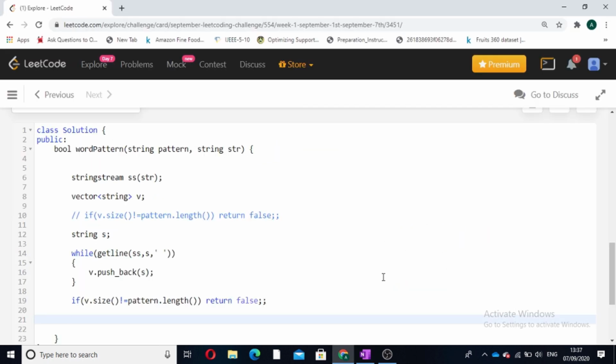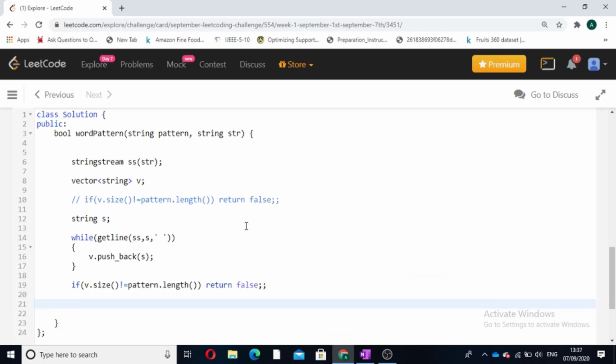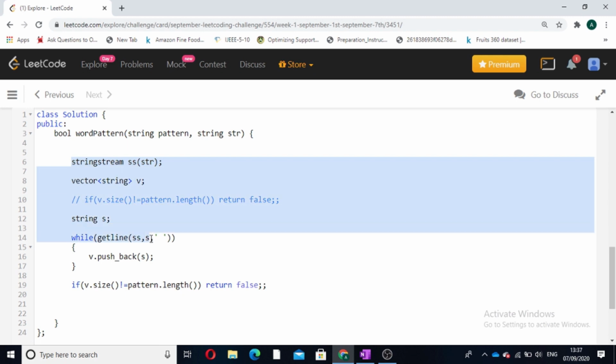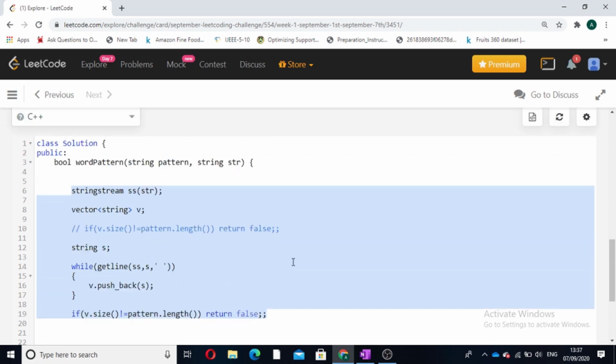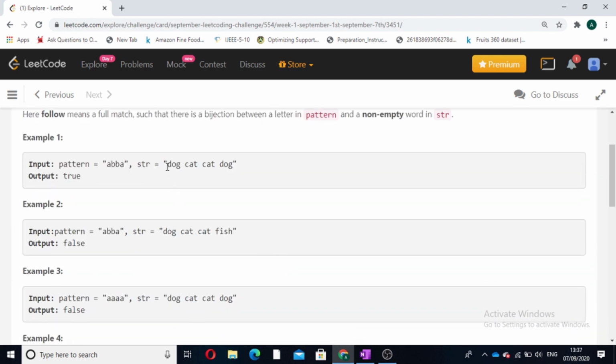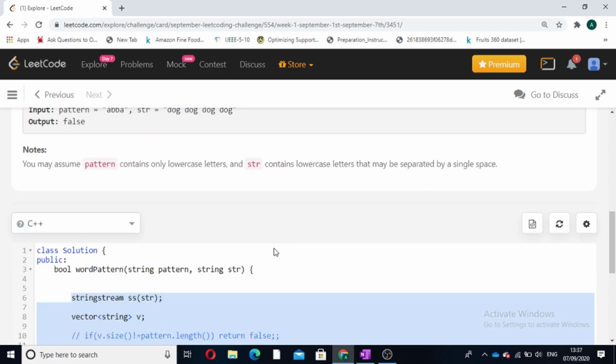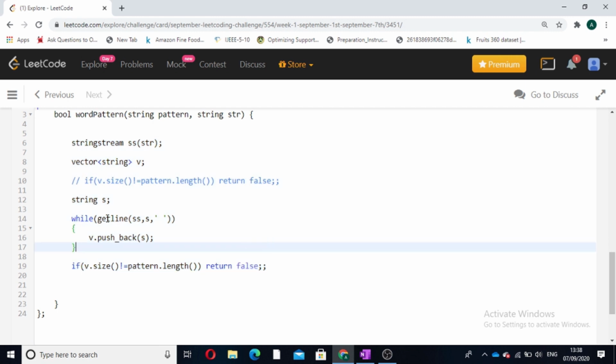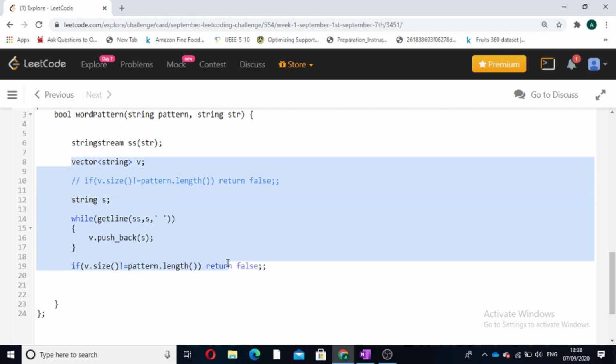Now let us look at some code. I have written a small piece of code which is used for tokenizing the string. Our string is given as dog space cat space dog. So I have tokenized the string on the basis of space and stored the values in a vector of strings. This is the code for tokenizing the string.